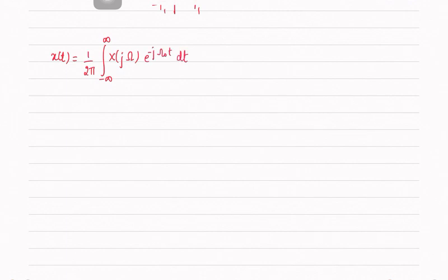Okay, so this is your synthesis equation, right? They are just names, don't worry about those. And you have the analysis equation, how to find the value of the spectra. These are nothing but your a k in the aperiodic signal case. Okay, and this is called the Fourier transform of the signal x of t.